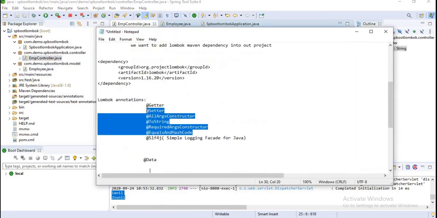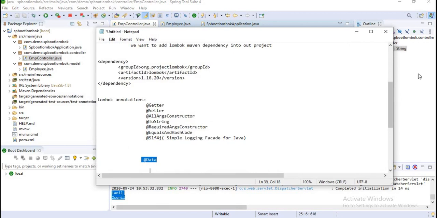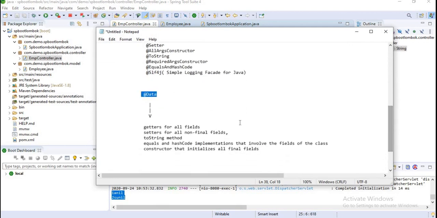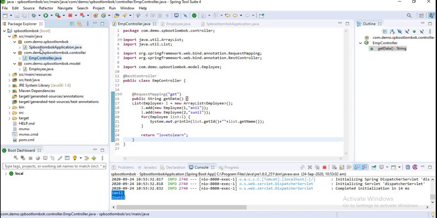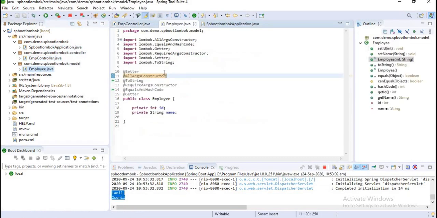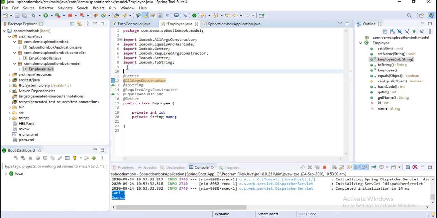My pending thing is I want to use @Data. If I use @Data, what will be generated? Getters, setters, toString, equals, hashCode, and a constructor that initializes all final fields. So I want to replace all these annotations with @Data. I am using @Data here.